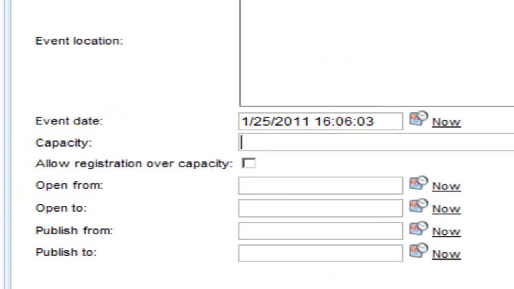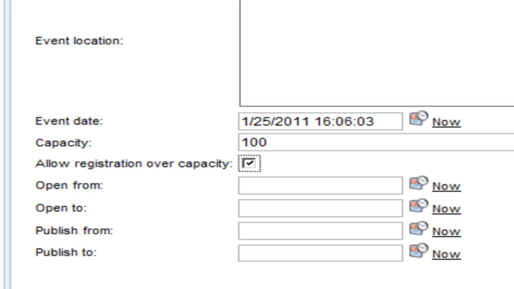Select OK. For our capacity, this is where you can define the amount of attendees. For example, if you're going to hold this in a conference room or a seminar room, or even online, what's the maximum attendees that can attend this event. We're going to set this to 100. We're going to allow overcapacity, and this is kind of important if you realize that often if you're doing things like user groups or free events, that you might get a certain percentage of drop-off, and you want to actually